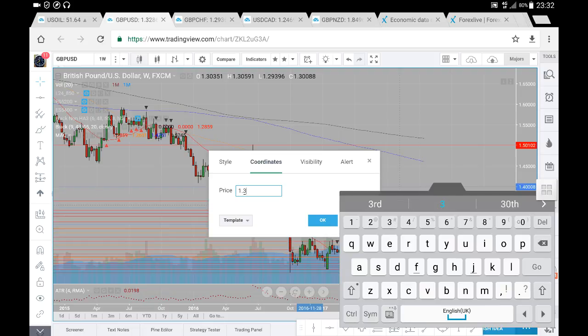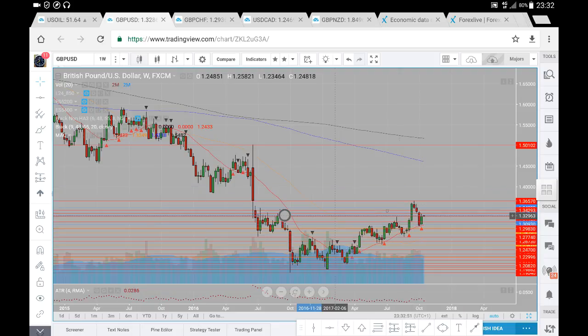I'm pretty sure I've got a level at 133.50. So on this weekly chart, we can see the trend does appear to be heading up, retracing from the